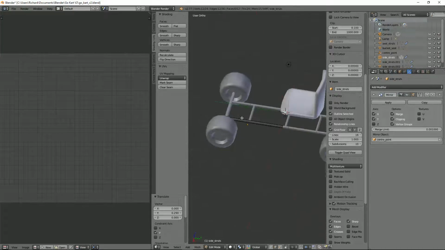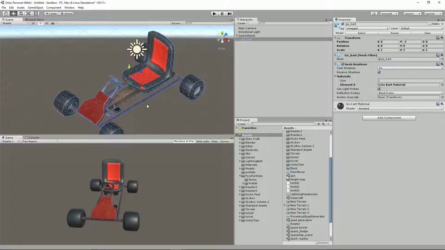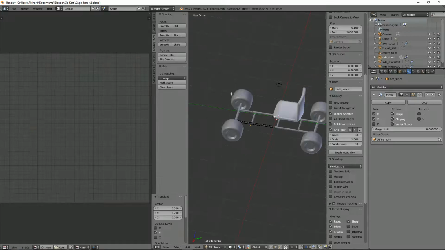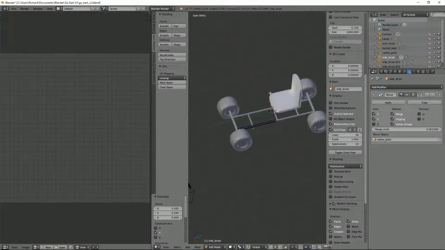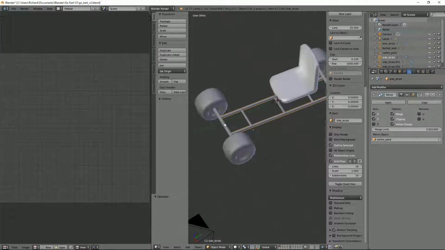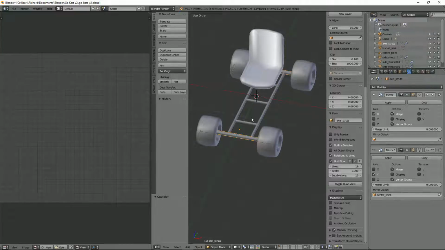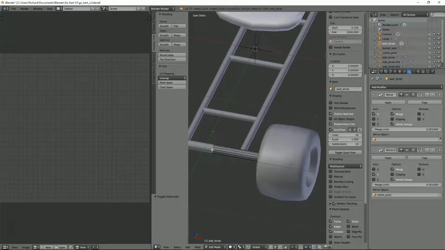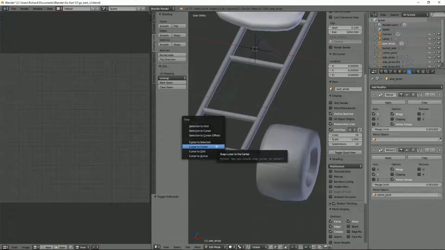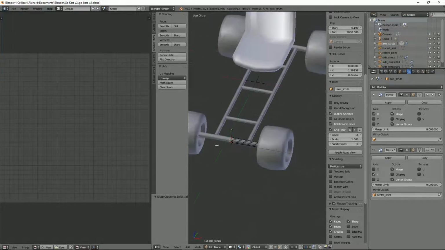What's remaining? Well, we need to do the middle section and this piece here, and the steering wheel as well. So let's crack on with that. So let's select this piece here. Okay, and if we just select this edge here and do Shift S, cursor to selected, and then do